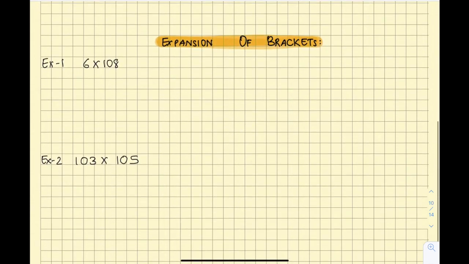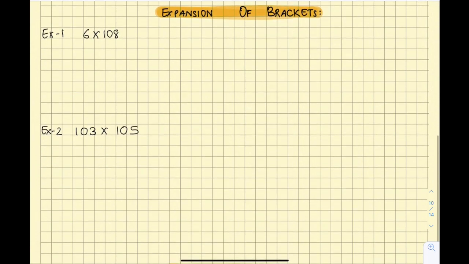Now we move on to the next subtopic, that is expansion of brackets. So here we are going to see how bigger numbers can be broken down into smaller numbers with the help of brackets and they can be solved. So here what we do is we write 6 as it is. 108 is a bigger number which can be broken up into 100 plus 8, which will make our multiplication and addition easier. So here the outer number 6 I will multiply by the internal number 100 and then I will put addition sign. Then I will multiply the external 6 with the internal 8.